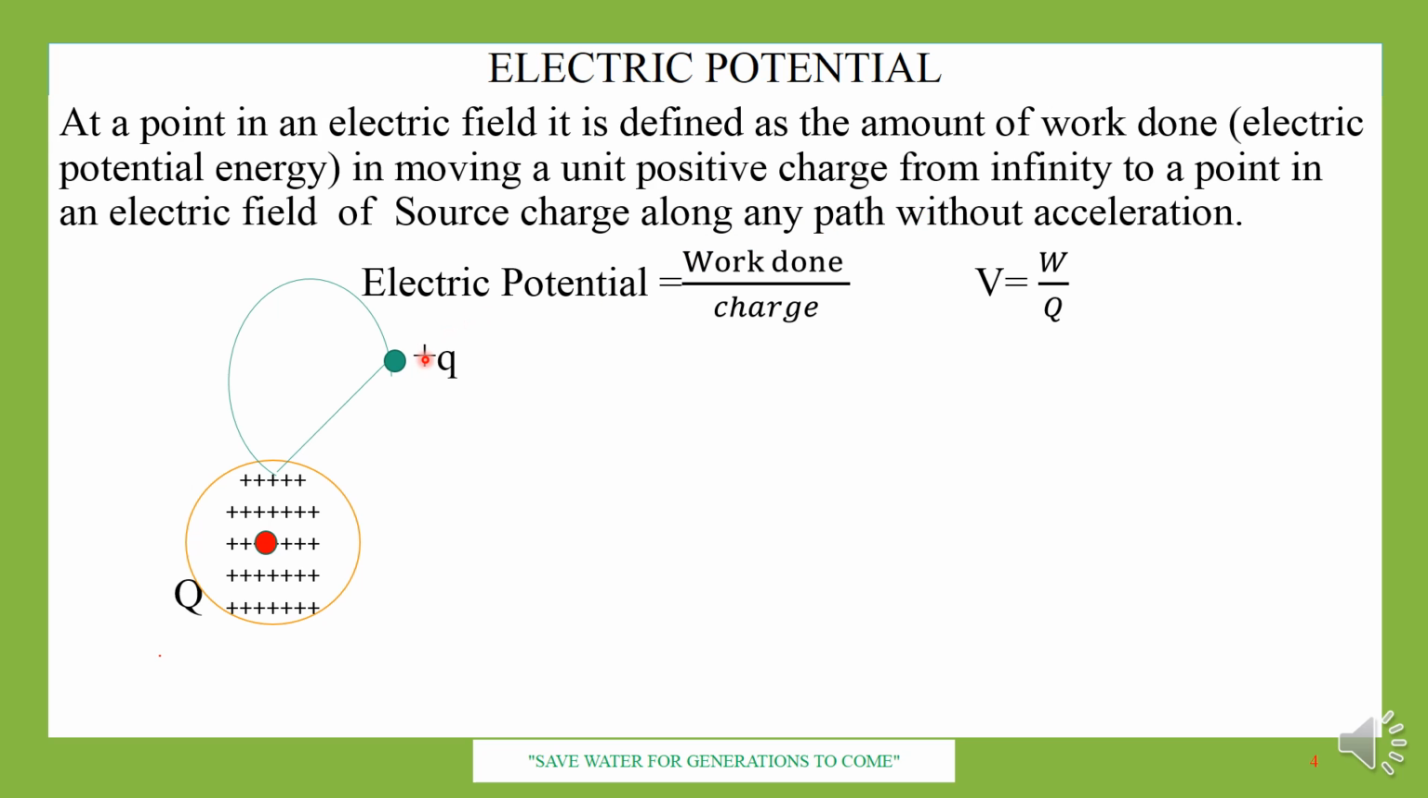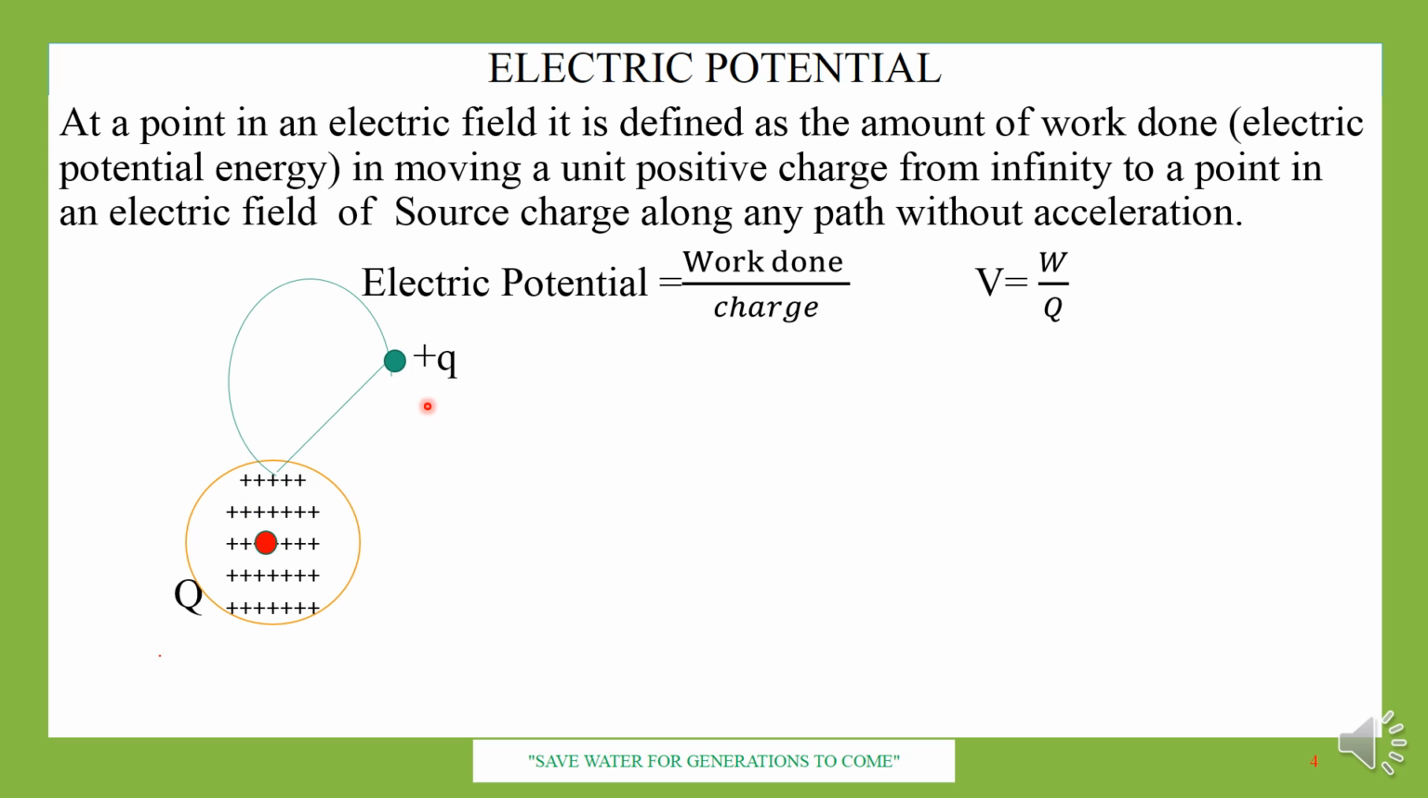From infinity. Infinity means far away, from outside this field. From infinity, it can come from anywhere, to a point in an electric field. So this is the point, and this point can be here or here. Infinity to a point in an electric field of the source charge. The source charge is here, this is Q, with the positive mark. This is the source charge, and the charge moves along any path without producing any acceleration, meaning with constant velocity, into the electric field of this